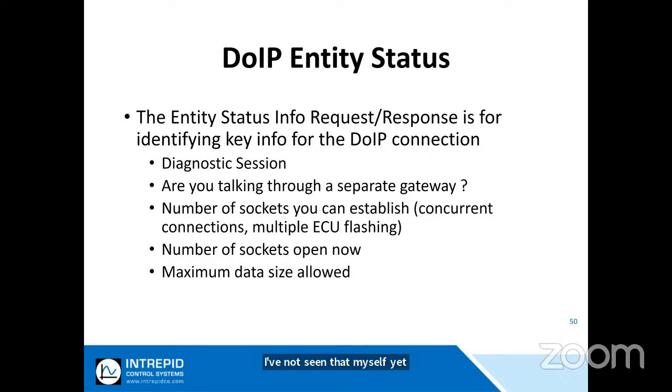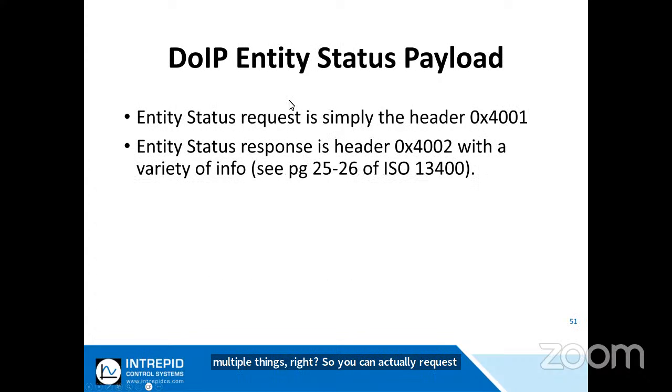But DoIP entity status is something sorely missing from the 2012 spec, because in the 2012 spec, there was no real way to tell how many connections I could have. You'd have to guess, or you'd have to know as an OEM. And that's important if I'm trying to do multiple things, right? So you can actually request that under the 2019 version, and it will give you a whole list of information. The list is quite large, but pages 25 and 26 in the ISO 13400 spec, that's 2019, will tell you all of the different responses